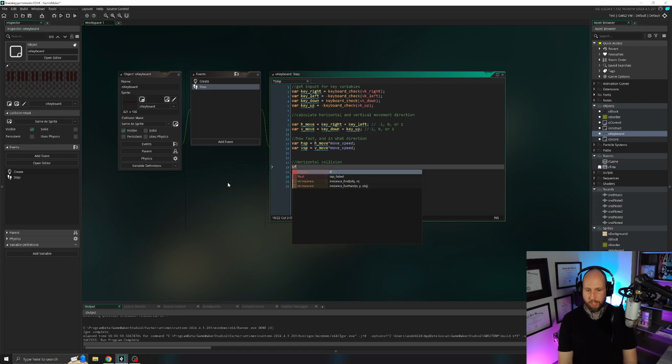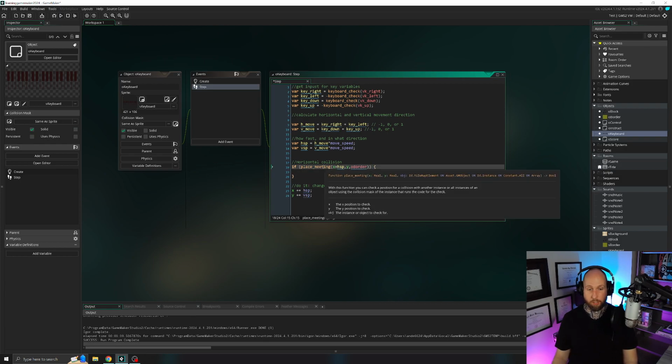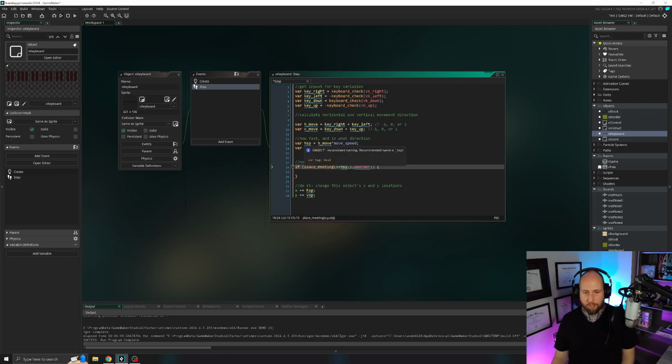And here's our code. If, open parentheses, place meeting, open parentheses, X plus HSP, comma, Y, comma, O border, close parentheses, open curly brackets, close curly brackets. So what is this doing? So we have our HSP all calculated here for its movement. What we're doing is we're saying, hey,